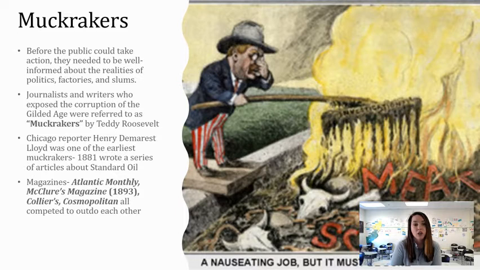You have Chicago reporter Henry Lloyd, one of the earliest muckrakers, who talked about Standard Oil in the 1880s. Atlantic Monthly, and McClure's. I pulled a lot of political cartoons from McClure's magazine, even Cosmopolitan. They all competed, and it's fairly similar to the yellow journalism of the imperialist time period, which we've already talked about, where they were trying to compete with each other. They're trying to come up with the most controversial story so that they could sell their books and their articles,